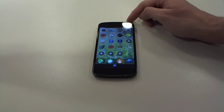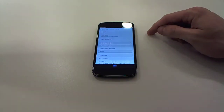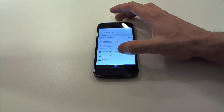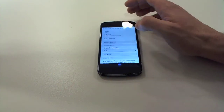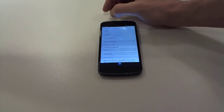So I'm just going to show you some of the features that have been added that I think you should enable if you run this software. If you go into the settings menu, and then if you go into device information, under more information, you can enable developer menu. In the developer menu, you can basically